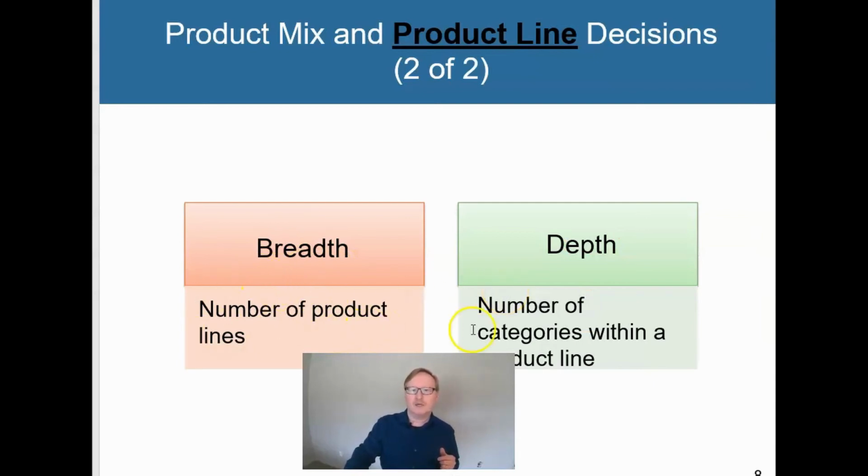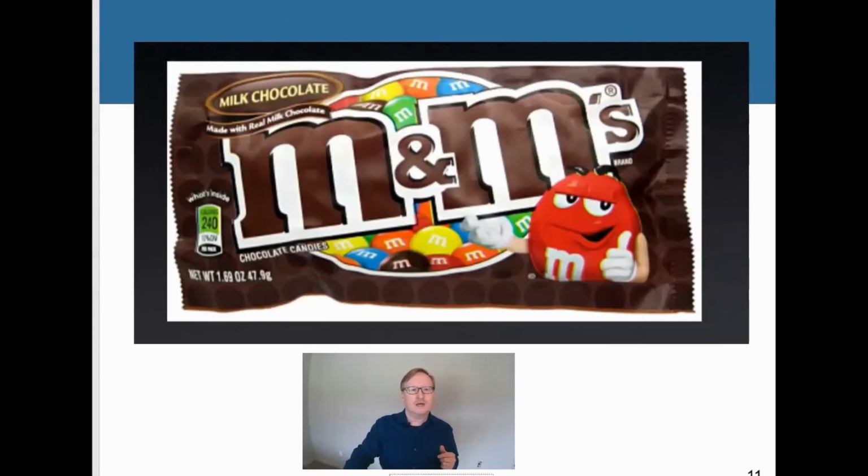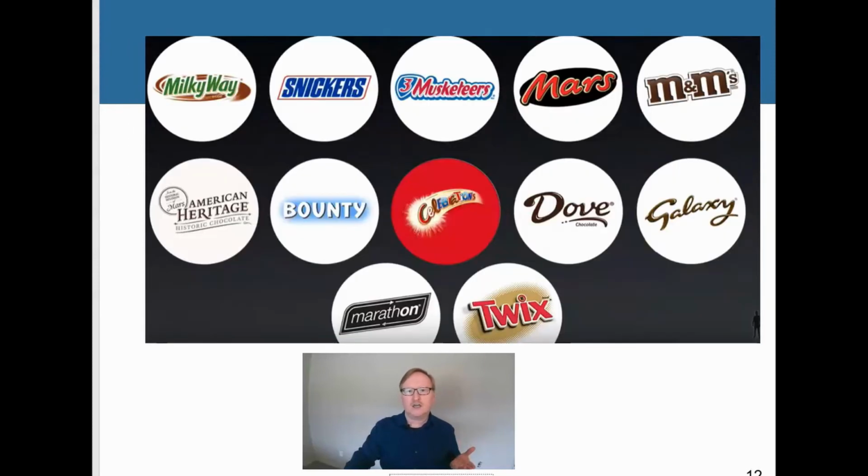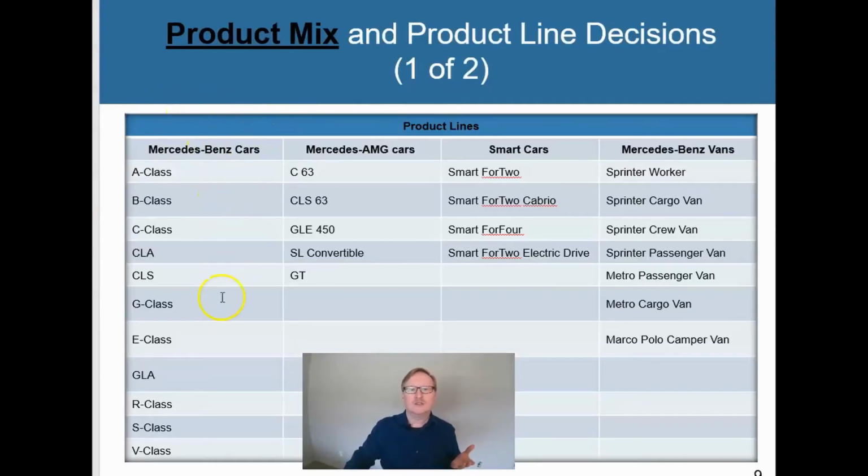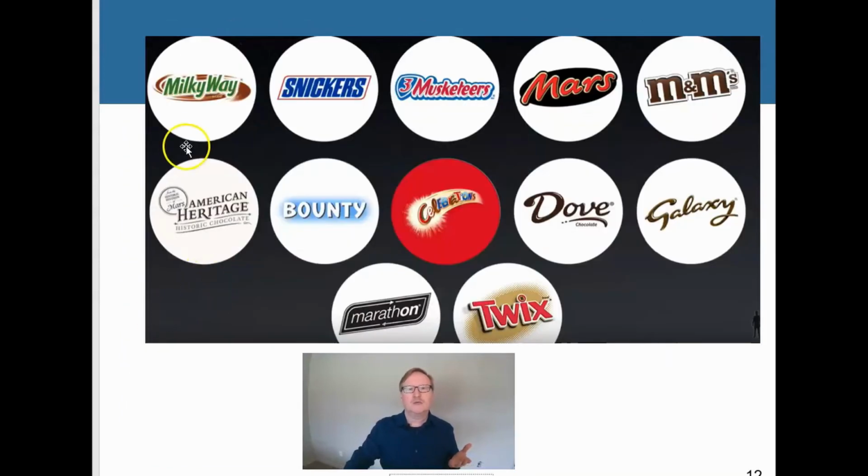The number of product lines and the number of products within that line. So, if you watch the video, you'll see that we think of Mars as kind of a candy company, and actually chocolate. And here's their chocolate brands. So here, under chocolate, say this is Mars chocolate products. Here we go. We've got Milky Way, Snickers, Three Musketeers, M&M's, of course, Twix, and this is maybe my chocolate